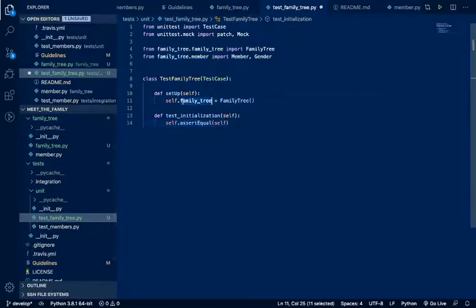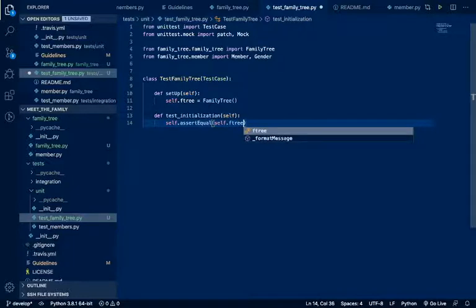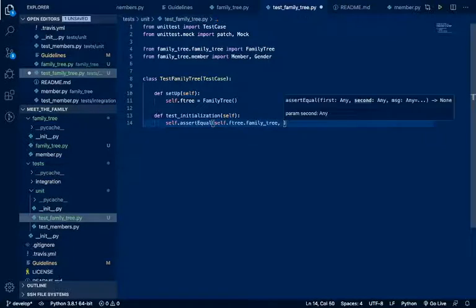You know what, this is too confusing, let's just call this f3. So self.f3 should have a family tree data member and should be an empty list, an empty dictionary,